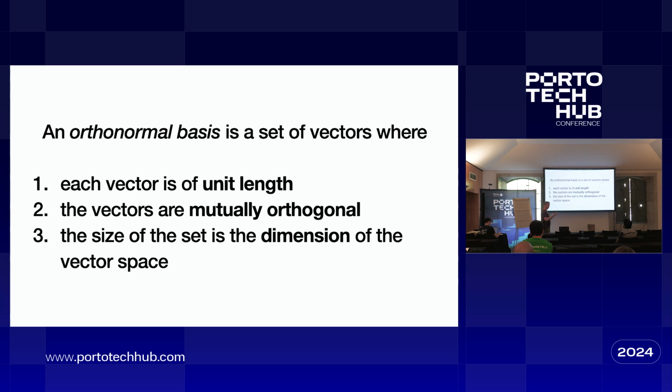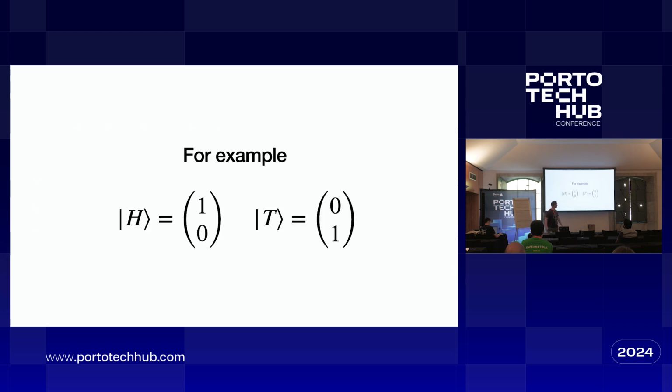The size of the set has to be the dimension of the vector space. This is a little bit circular because actually that's the definition of the dimension of the vector space. It's the largest orthonormal set of linearly independent vectors that you can make, okay? The point why this is important and why it's important that the size must be the same as the dimension of the vector space is if we take, for example, let's start with an example.